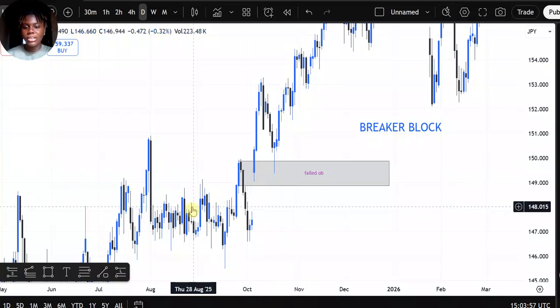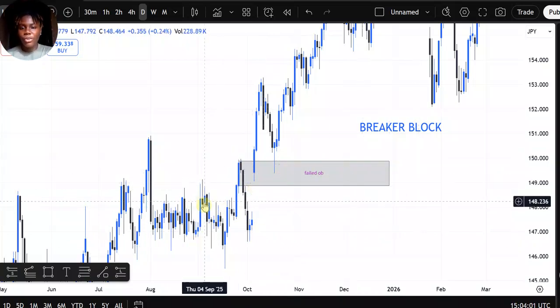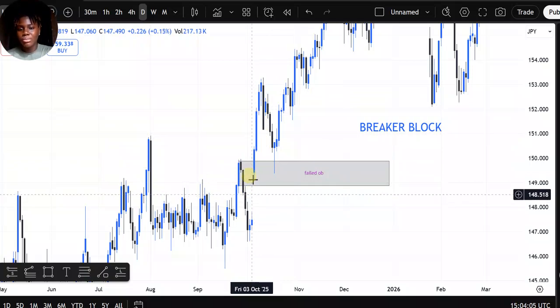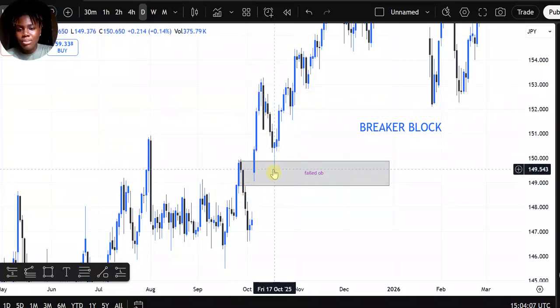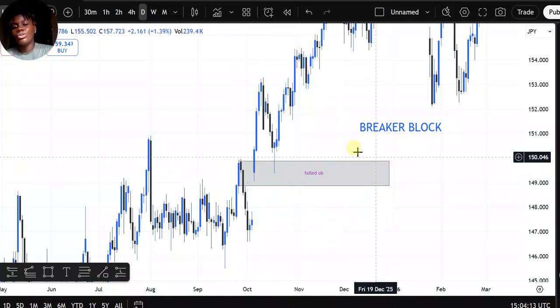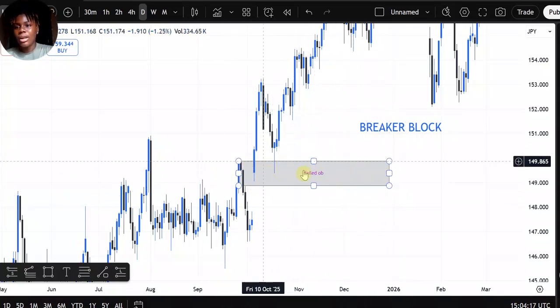And that's what we can clearly see. So in this case, the order block is here, it's failed, price broke past it, there's a displacement candle, of course there has to be, and then it reverses back into it. Now if you're going to have a stop loss, your stop loss usually should not be more than this rectangle,